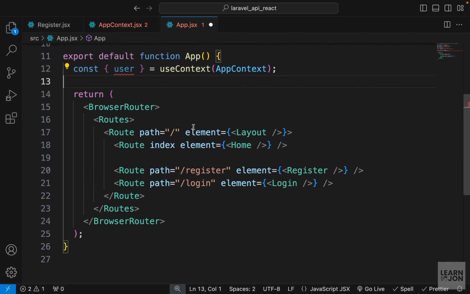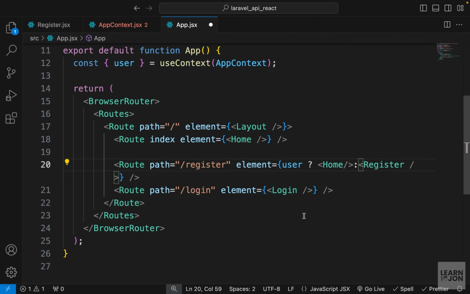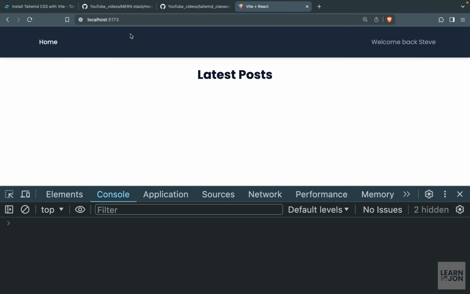So now we have access to user, and we want to check if that is true, then render homepage, for example, otherwise register. So down here, I can say if user was true, give me home, otherwise render register. And then I'm going to copy this section and paste it for login as well. So now we are on the home page and we are logged in. If we go to login, you can see I am back to the home page, even though the URL still says login,